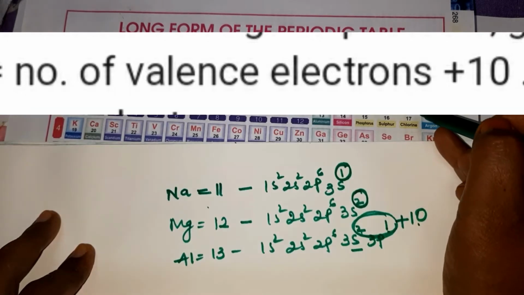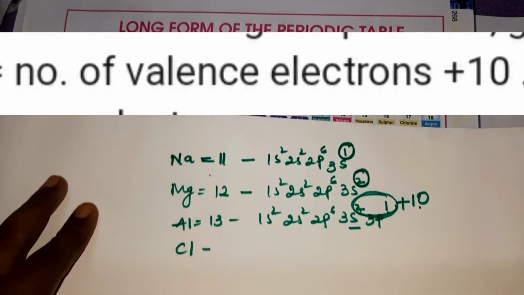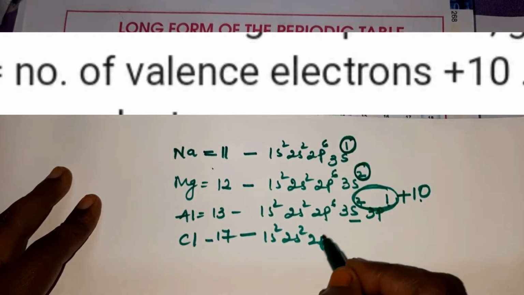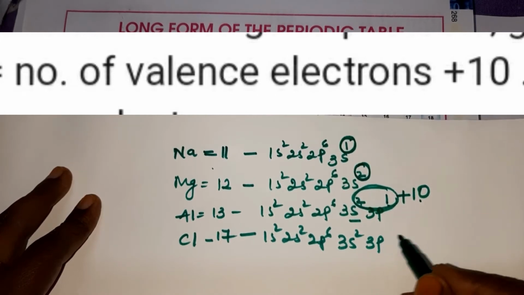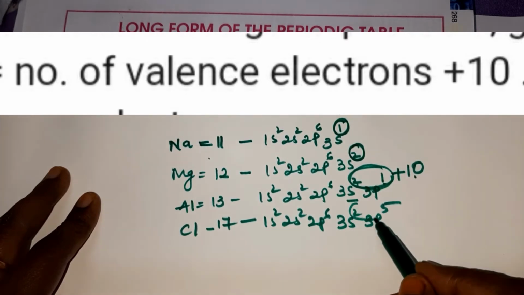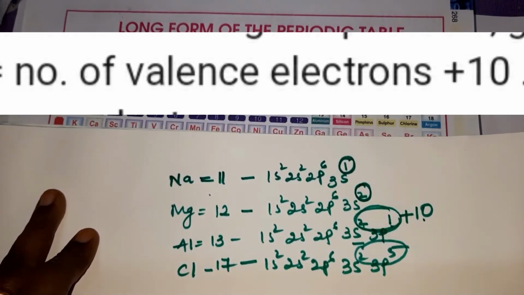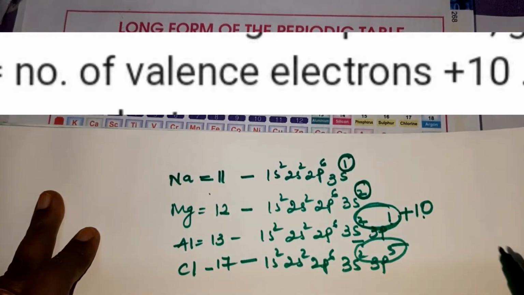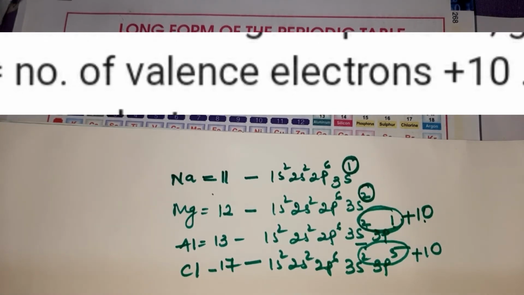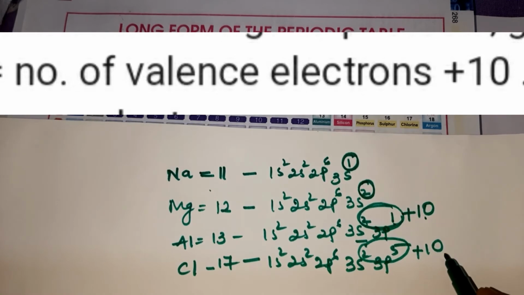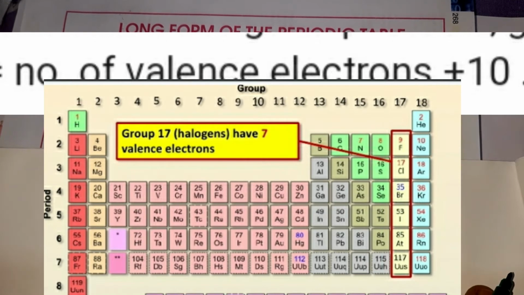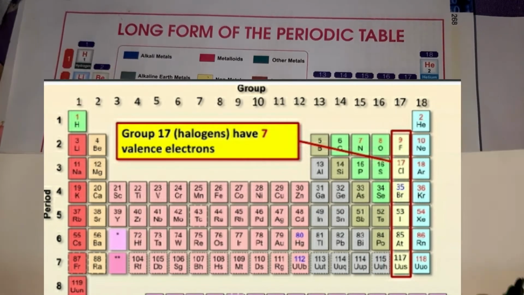You got it children? Like that you can try with chlorine. Chlorine atomic number is 17. So you write 1s2, 2s2, 2p6, 3s2, 3p5, children. So 17 electrons. According to you, it has 7 electrons in the outermost shell, so you place it in the 7th group. No children, it is wrong. I told you, more than 2 valence electrons, you have to add 10. So 7 plus 10, 17. So it belongs to 17th group. Clear children? So that is how you have to place the elements in the groups.